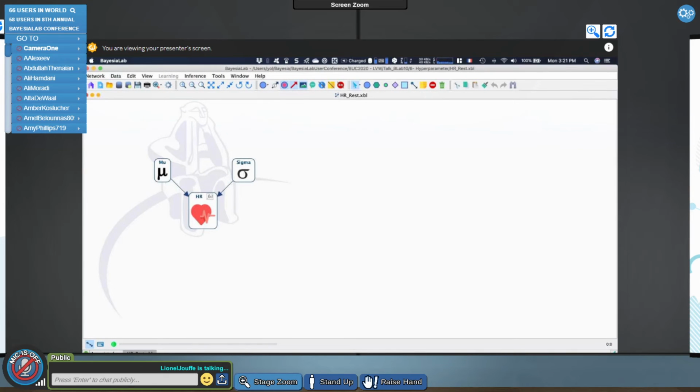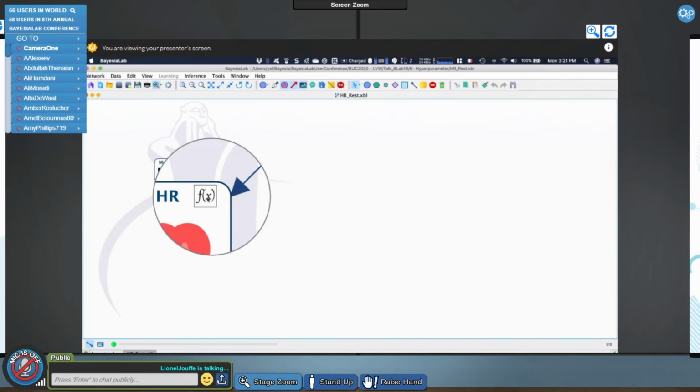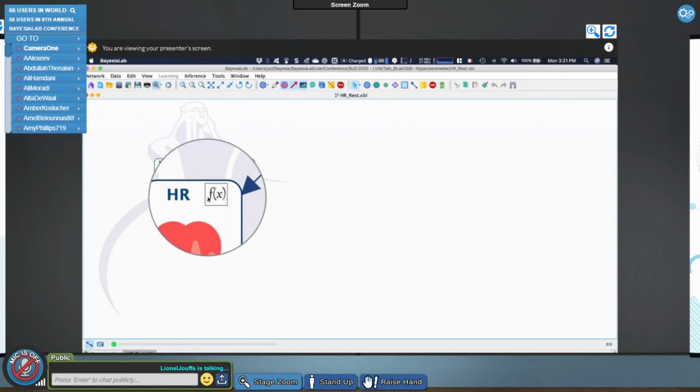So it's a very personal example. As you can see, this is my heart rate here, and it has an icon that indicates that I have a function, an equation there.